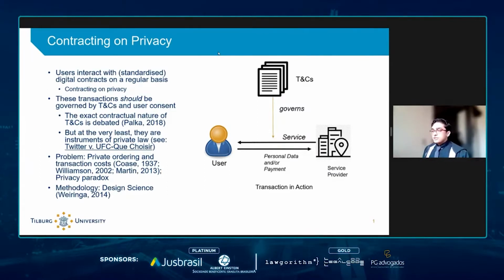However, these terms and conditions, and the process that results in the creation of these terms and conditions, and the process that is carried out after we agree to these terms and conditions, is not necessarily efficient. It does not necessarily enable private ordering. And we will come to the problems that users face in the next slide. The methodology that we use to address this problem is the design science methodology, the first step of which is problem identification. So in the first chapter of my thesis,